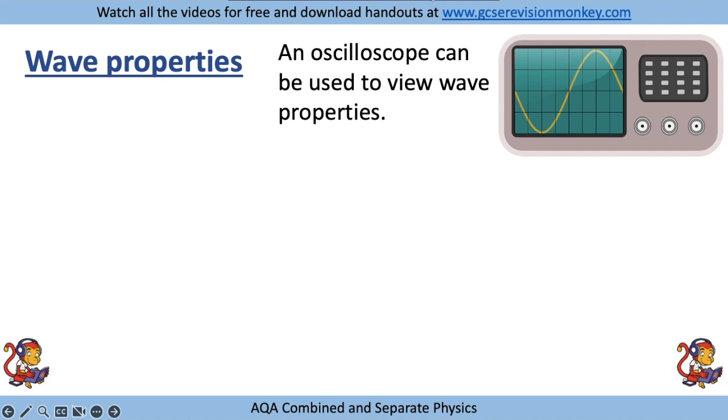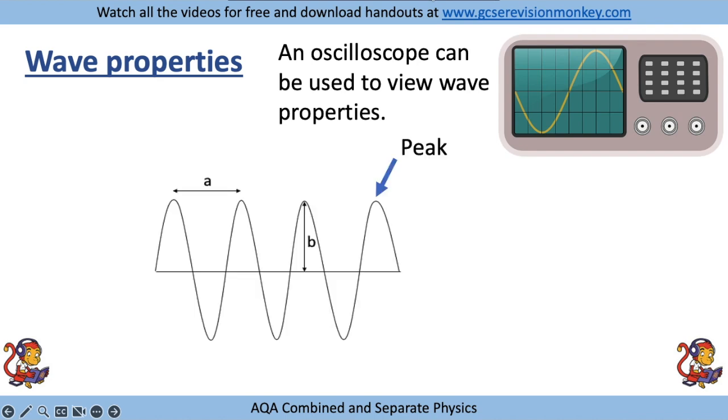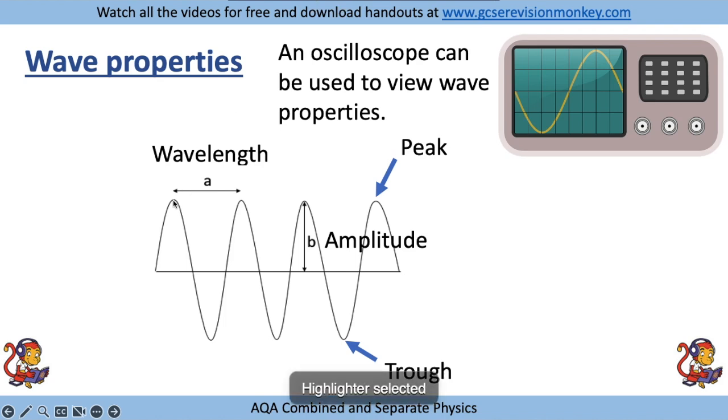An oscilloscope can be used to view wave properties. So you've got the peak and the trough. A represents a wavelength and B represents the amplitude of the wave. So one complete wave is where you start from one point, go down and up again to the same point. So that could be one complete wave, or starting here, going up,